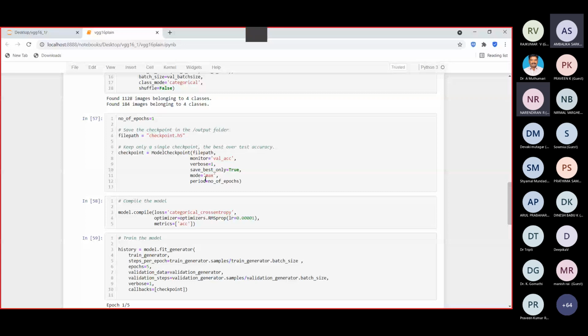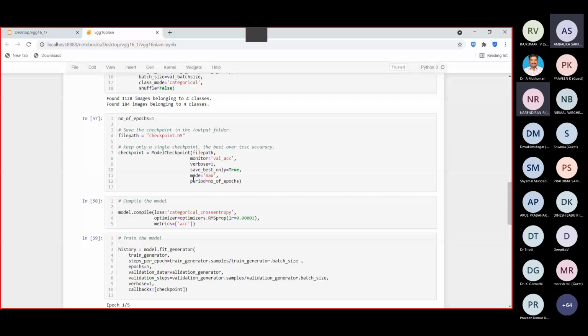This lets you look at the system state also. Here, if verbose is set to 0, it is silent, there is nothing displayed. If it is set to 1, the progress bar will be displayed while the program is running.